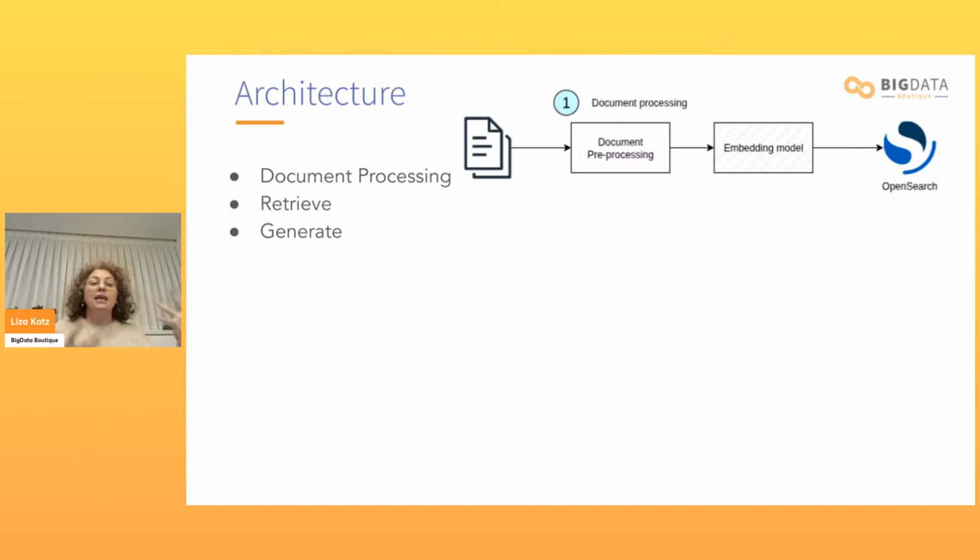This part is where we take the documents that exist in our organization, and we process them to a manageable format. We'll definitely discuss more about that. Then we probably use something called an embedding model. We'll touch on that in a second. I have a whole separate lecture about that, but it's one of my favorite and magical pieces. And after we do that, we store it in a database in order to be retrieved later. We're talking about retrieval-augmented generation, so we need to store documents in a place where we can retrieve them.